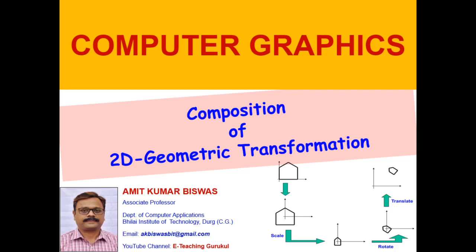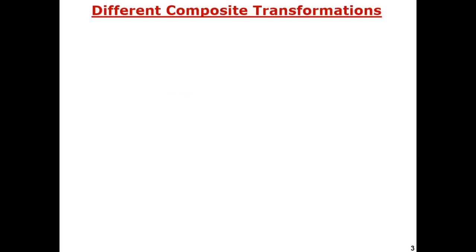Do they generate the same object position or the same object size or not? Here we are going to see how this composition is possible. We create the composition between two sequences, and that will be applicable for multiple sequences. So we are going to start with the compositions. Different combinations are possible.